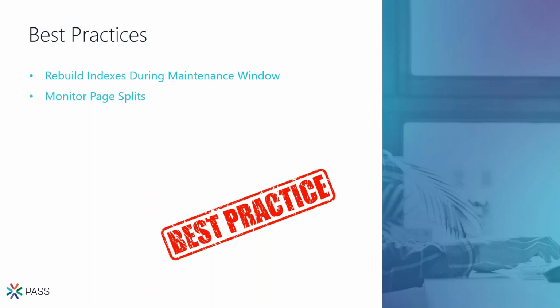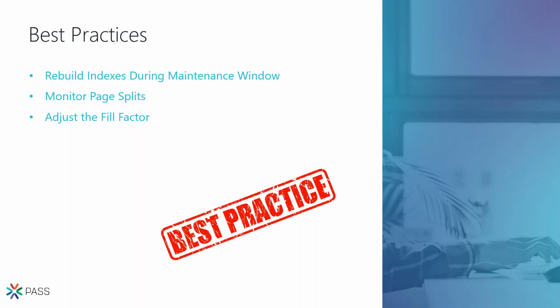That's the first thing. Second thing, monitor page splits. The way I showed you, you'll have the scripts; you can use them in your environment, test them, play with them until you feel confident, and then deploy them to your production system to monitor page splits on all of your indexes on a regular basis. And then adjust the fill factor.